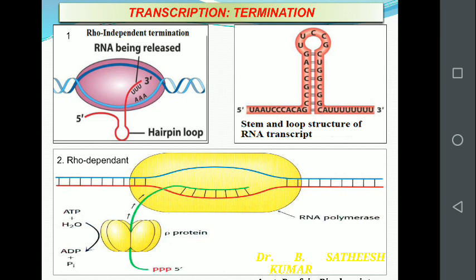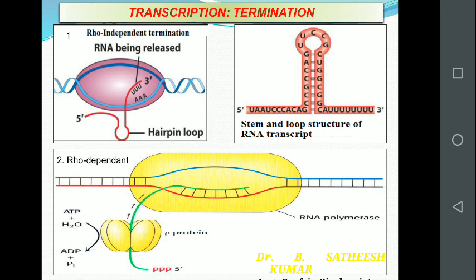So that will slow down the movement of RNA polymerase. By that time, the rho factor will be loaded on the newly synthesized mRNA, which has just emerged from the RNA polymerase. So it quickly moves on the mRNA molecule or nascent RNA molecule by hydrolyzing ATP, and quickly